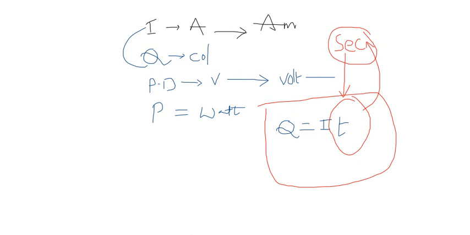If they give the seconds, you can use that. If not, for example if they give 2 minutes, you have to convert it into seconds and use it, right? And next, Ohm's law. Ohm's law says V is directly proportional to I, and if you remove the proportionality symbol, you will get R, which is resistance. Resistance units are ohms. So what I am explaining is the complete previous class.